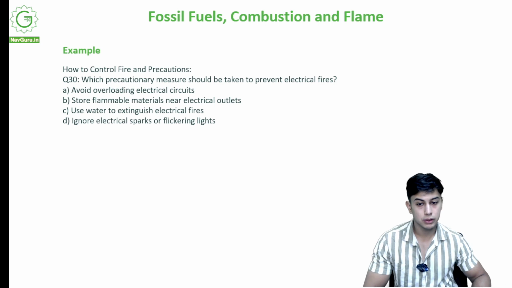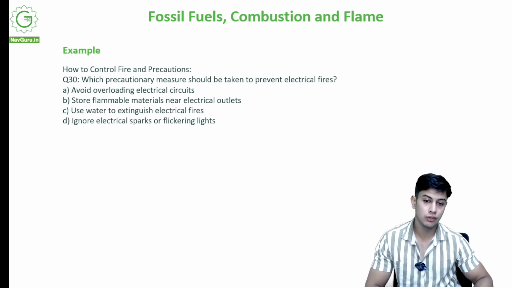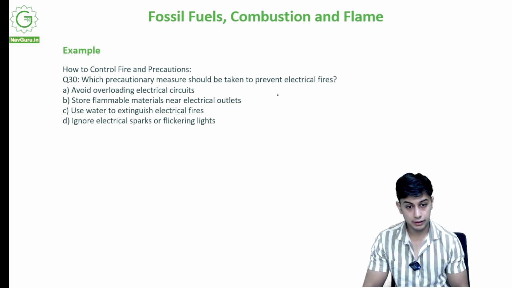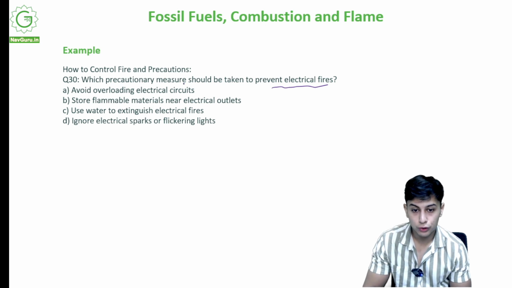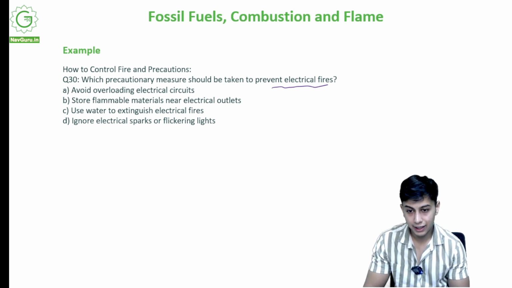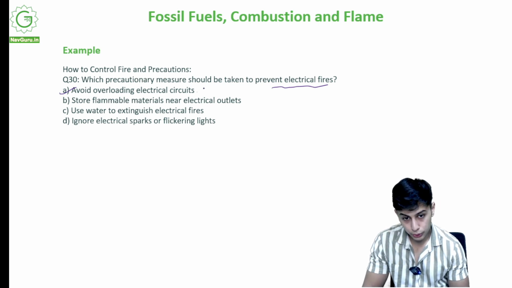How to control fire and precautions. Alright, so this is the last question on how to control fire and precautions. Which precautionary measure should be taken to prevent electrical fires? Alright, to prevent electrical fires. Again, avoid overloading the electrical circuit, store flammable materials near electrical outlets, use water to extinguish electrical fires, ignore electrical sparks or flickering lights. So I know that out of all these options, option A is the one that I should do